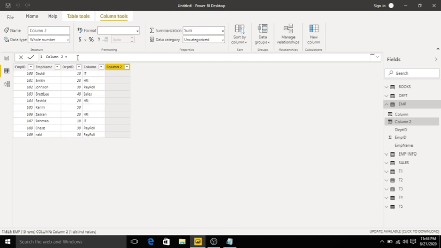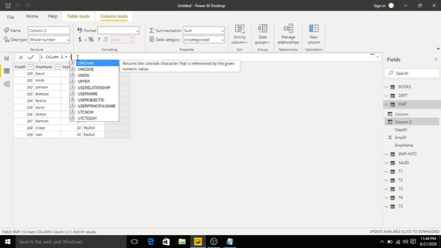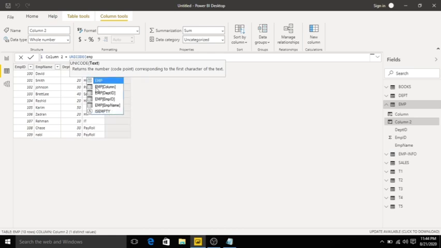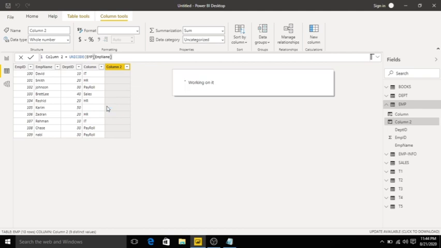UNICODE is going to take the first character. UNICODE of employee of ename. Click enter. See, it takes the first character: D is replaced with 68, Smith with 83, J with 106, like this.